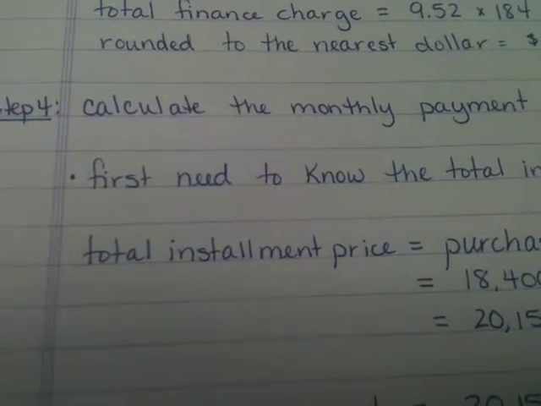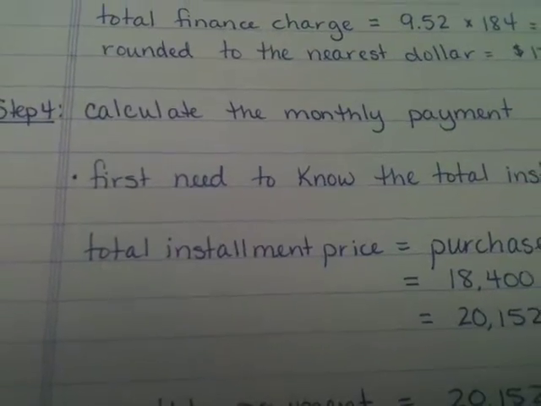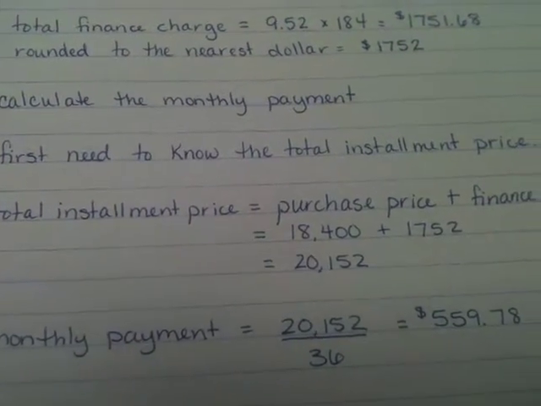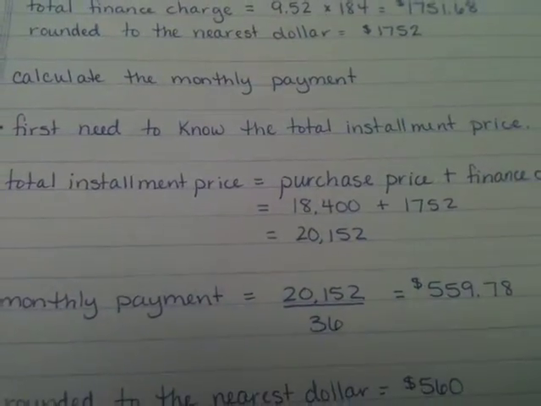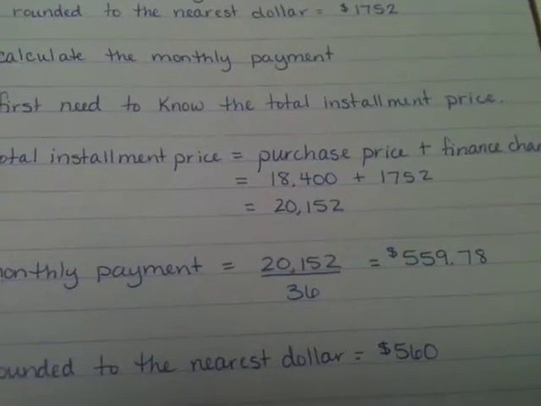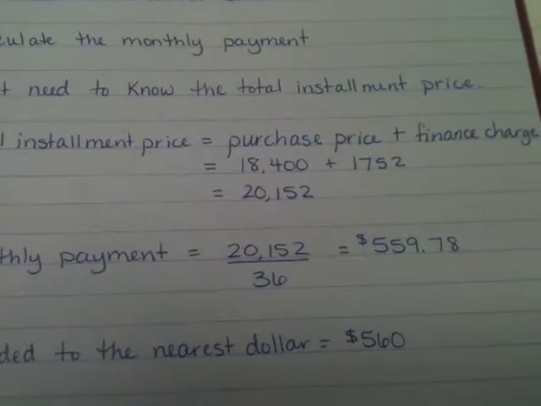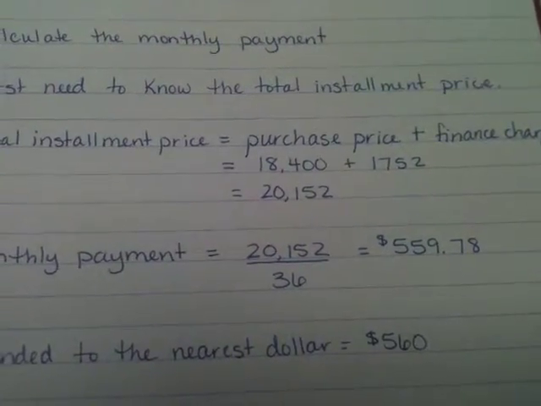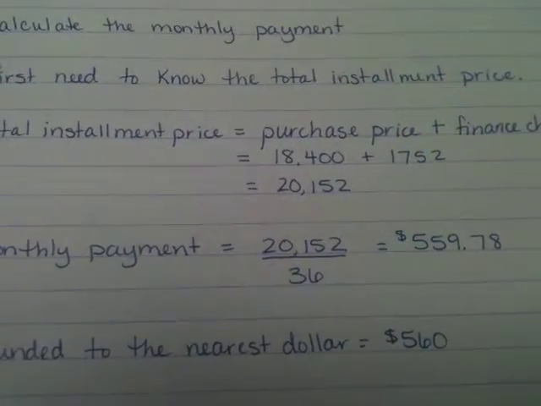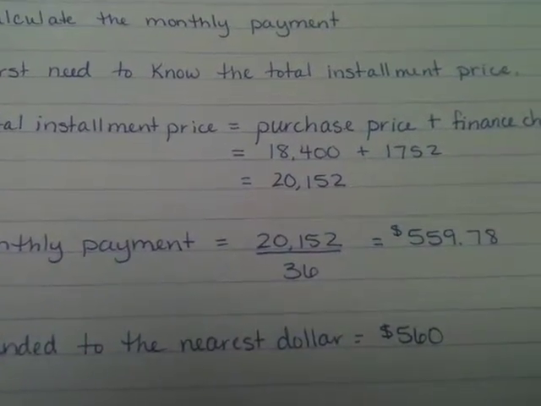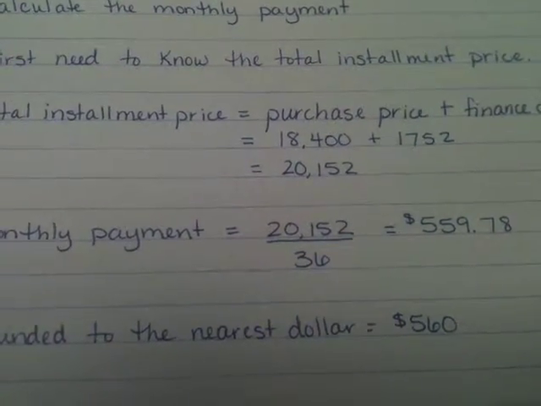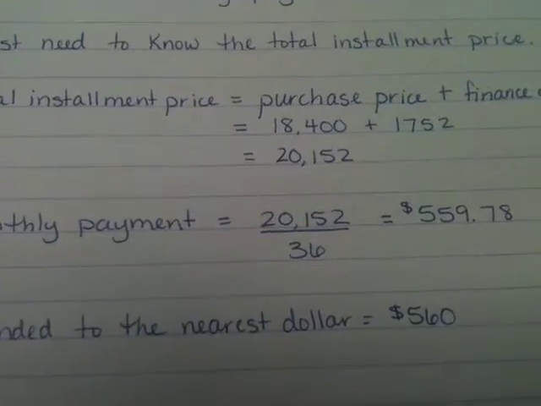Last step is to calculate the monthly payment. Before we can calculate the monthly payment, we must first determine the total installment price. Total installment price is equal to your purchase price plus the amount of your finance charge. Notice the amount financed for this new ski boat is $18,400 plus the finance charge of $1,752 that we just determined, which now gives the total installment price of